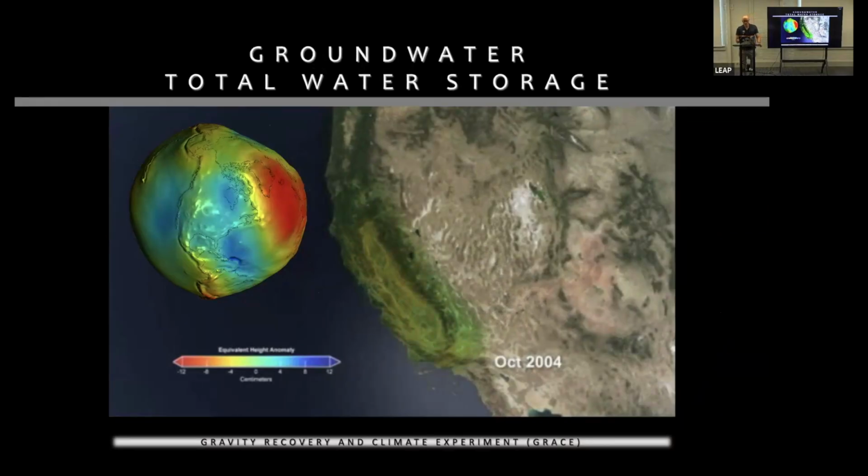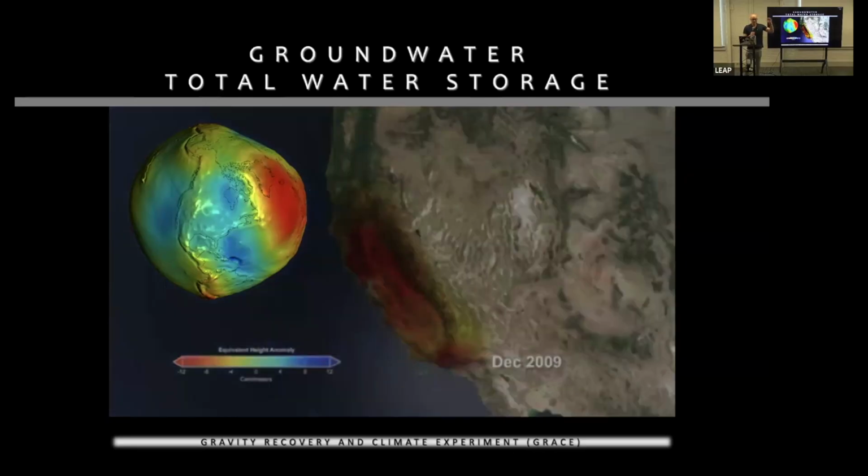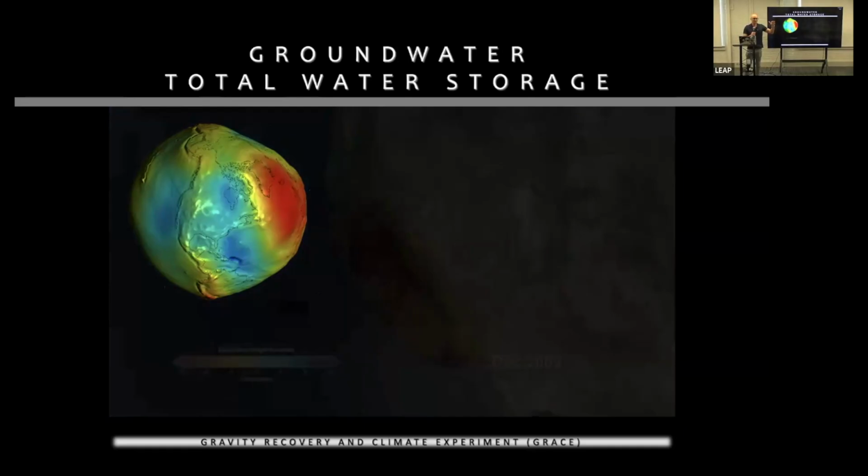Super cool. They respond to changes in gravity. So what causes gravity? Mass. And so they fly over the Earth, and if there's a whole bunch of groundwater, there's a lot of mass, and they get pulled stronger. And if the next time they fly over and there's a big drought or we've pumped all the groundwater out, there'll be less mass. And so they'll be sensitive to that change. So they can actually detect groundwater change by changes in just mass of the Earth associated with groundwater.